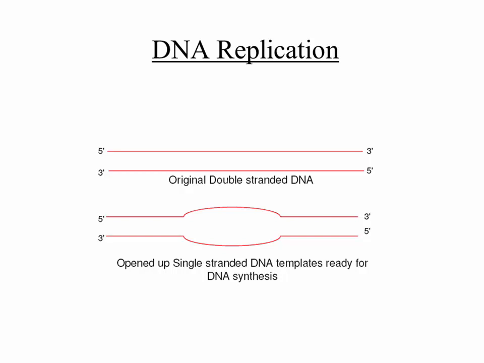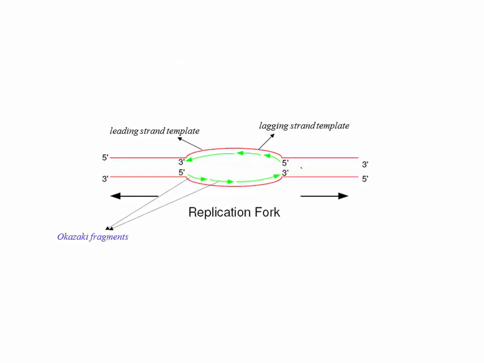Now see what happens when you're trying to use these strands as templates to synthesize the DNA. See the problem that we run into. You have the 5' to 3' strand, then the other 5' to 3' strand, with the replication origin at the center, and the two strands have come apart and this is propagating in both directions. So if you start your DNA synthesis at the replication origin, let's say you're synthesizing the complement of the top strand. This strand is being synthesized from the replication origin going to the left in the 5' to 3' direction.